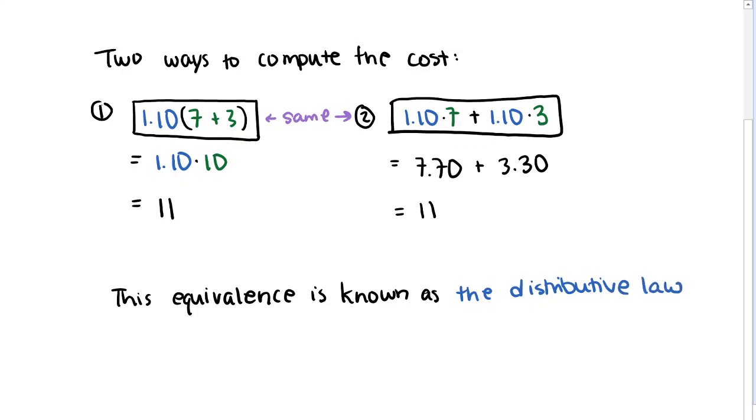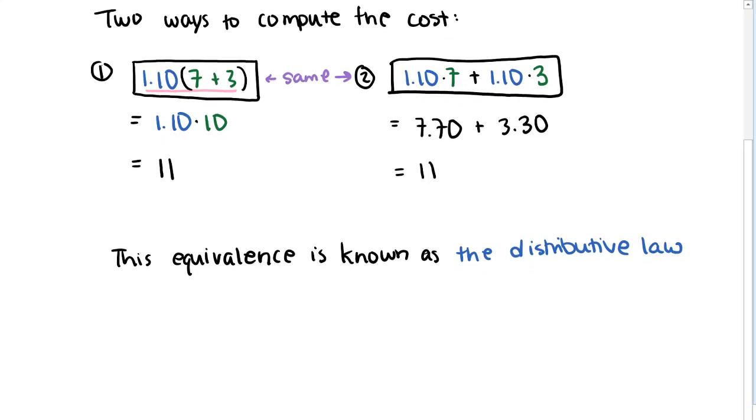And so what it says is that if we have an expression kind of like what we have on this left here, if we have some quantity, maybe I'll call it A, some number, and it's multiplied to a sum, like 7 plus 3, so I'll write this more generally as B plus C. If I have A multiplied with a sum, B plus C, well, we can compute this by multiplying A with